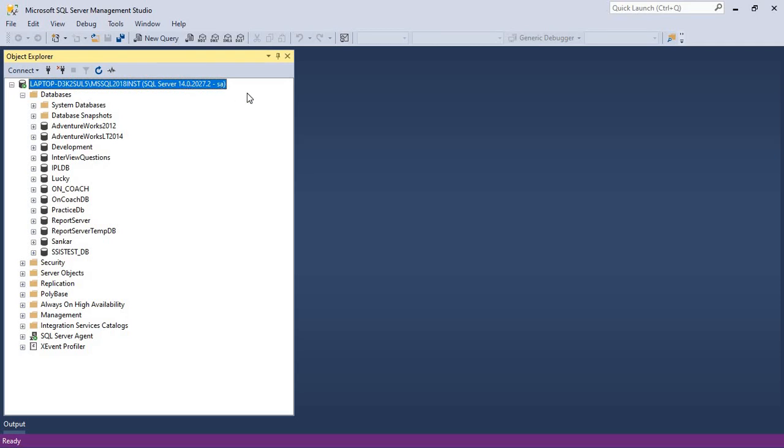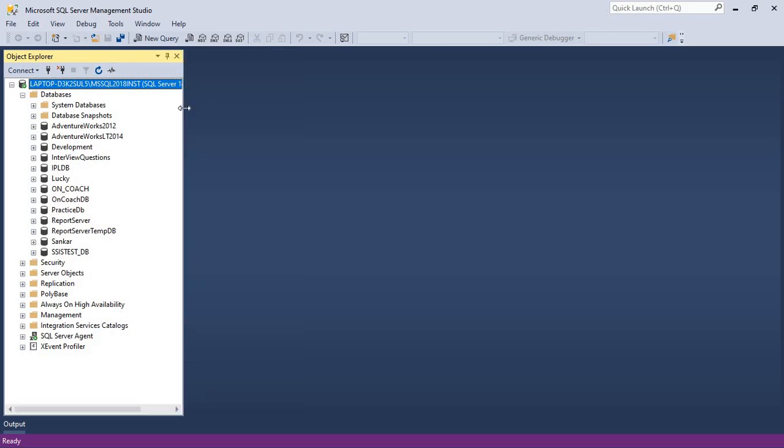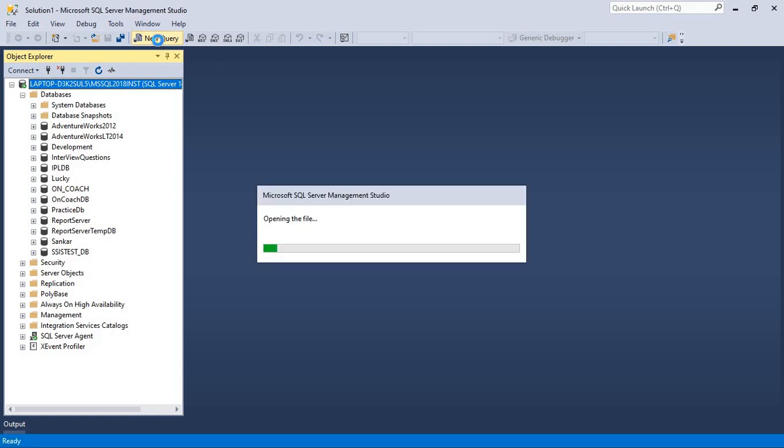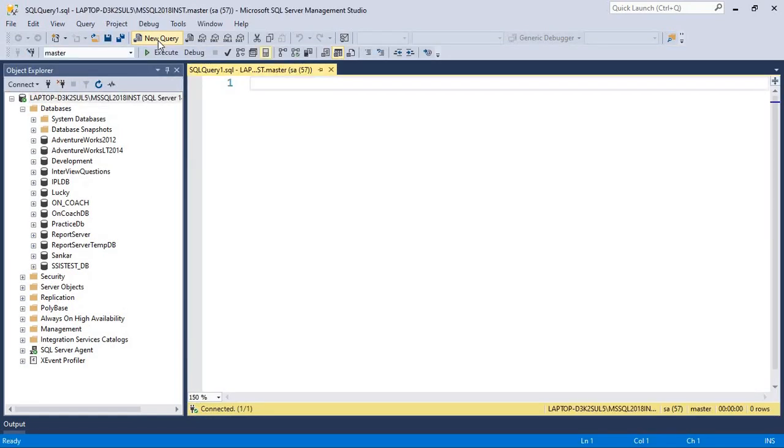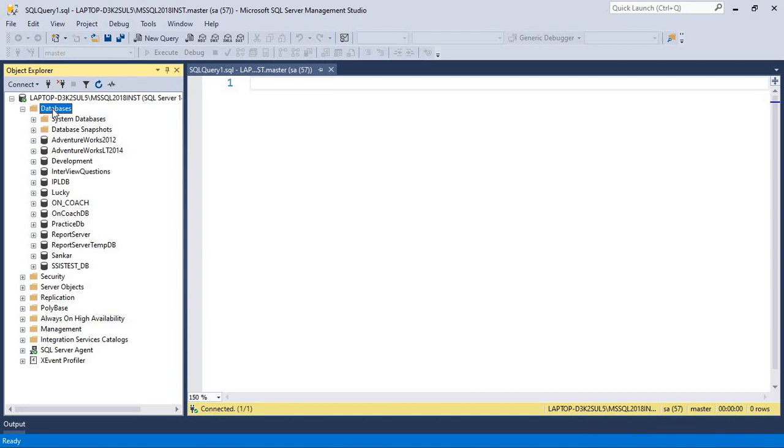Let's move to the database. How can we create a database first? There are two ways we can create a database. One is using a query, in a new query window, or you can use the graphical user interface also.